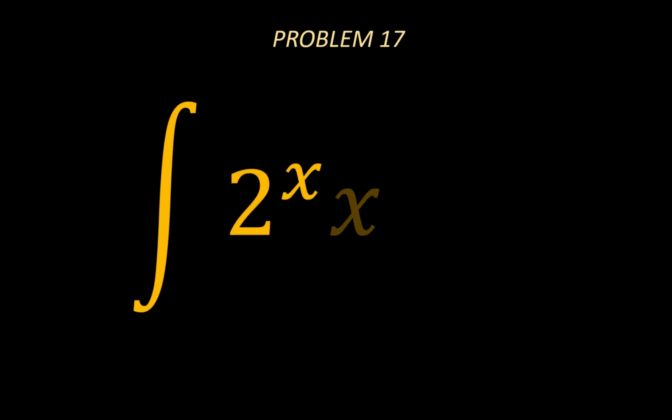Problem 17 is the indefinite integral of 2 to the power x times x squared. So for this problem, the first thing one would do is choose one of these. I choose 2 to the power x. And I say let u be equal to 2 to the power x such that natural logarithm u equals natural logarithm of 2 to the power x,